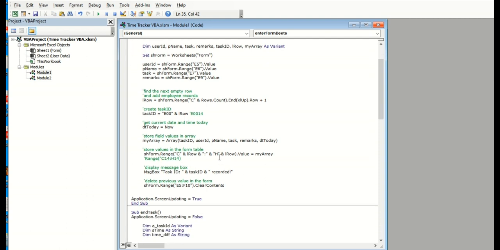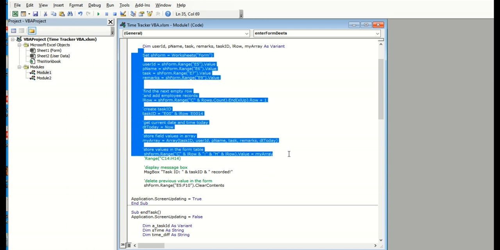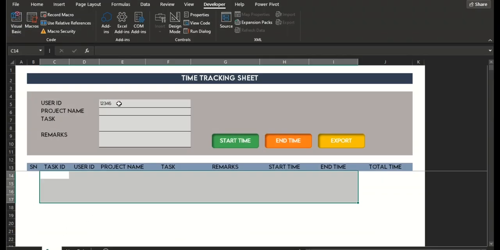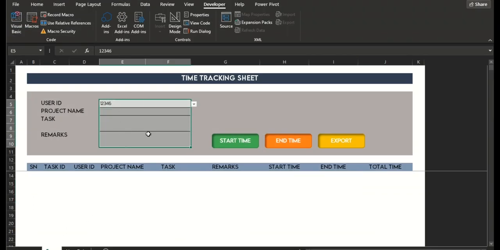And so, ayun, gusto natin may prompt or message box once these codes run successfully. So, message box natin ay task ID. So, again, that's text kasi naka-double quotes, and the variable, again, may ampersand sign. So, task ID E0014 recorded. And then, delete previous values in the form. So, E5, F10. So, ito yan